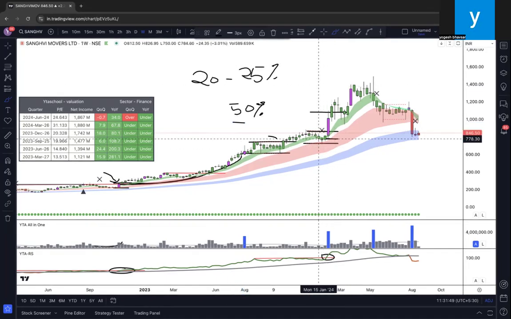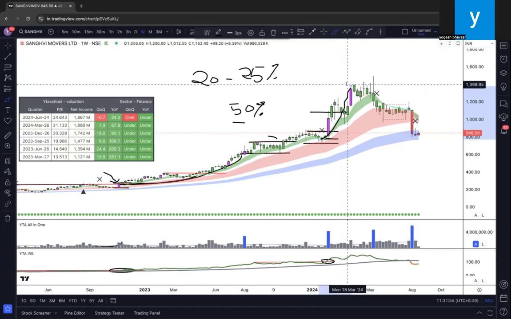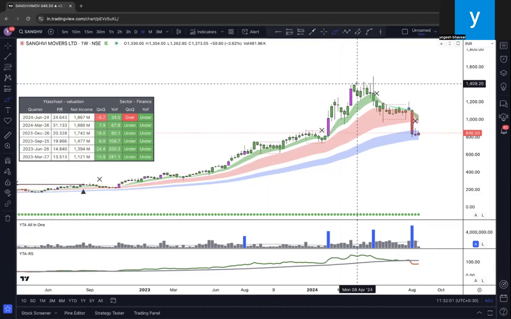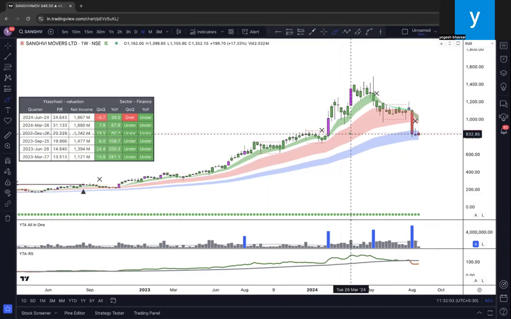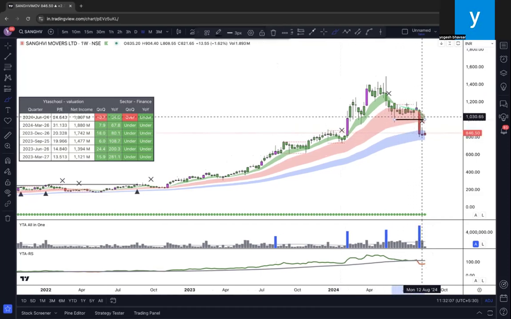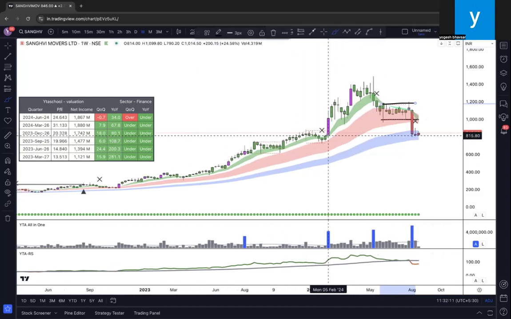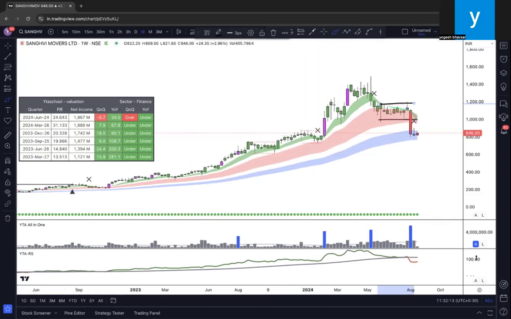Now, what happened when the stock was moving up? Suddenly the stock lost the momentum. When the stock loses momentum, you will never know this is the last leg of the trend. Now we see we started getting the box, we kept getting the box. Doesn't mean that you have to be scared, right? It is just telling you the box has been created.